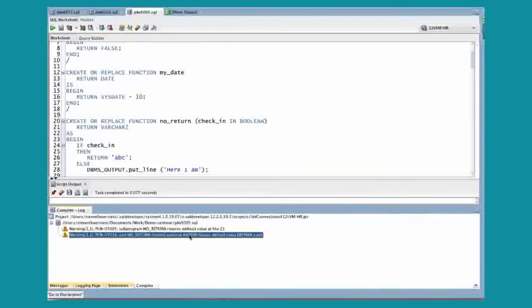Some of them are perhaps a little bit more along the lines of a nuisance for you. For example, I often get this one, 5018, no return omitted optional AUTHID clause. As many of you probably don't know, there's an AUTHID clause for procedures, functions, and packages which sets it up as definer rights or invoker rights.